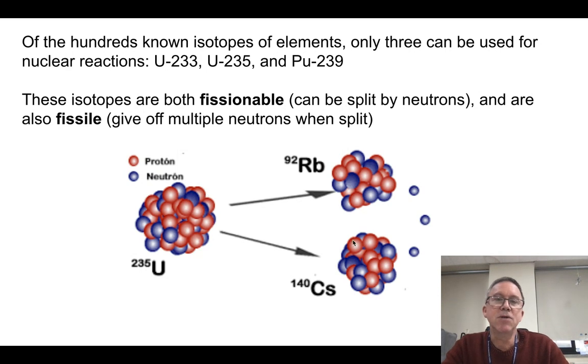But I also need it to release more neutrons. And one that does that we call fissile. So a fissile isotope is one that can be split with a neutron, and in that process will release more neutrons, which can then go on to split more atoms and establish a chain reaction. Now, it turns out there's really only 3 fissile isotopes known. Uranium-233, which occurs in very low abundance. Uranium-235, this is what we use for nuclear power. And there's plutonium-239, which doesn't occur naturally on Earth, but can be produced by neutron bombardment of uranium or other elements, and it has its problems that we'll talk about in a minute.